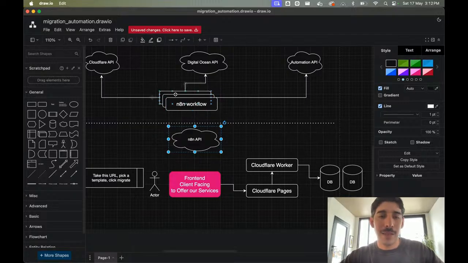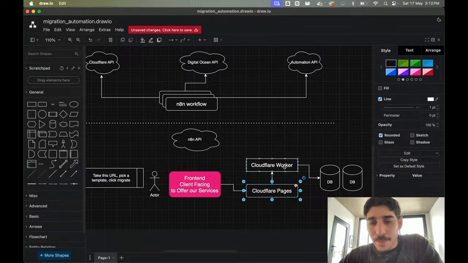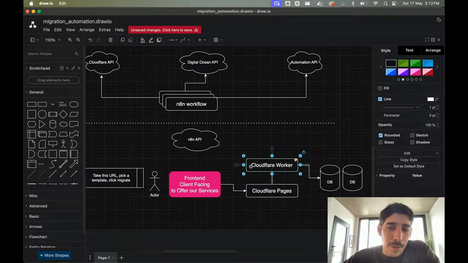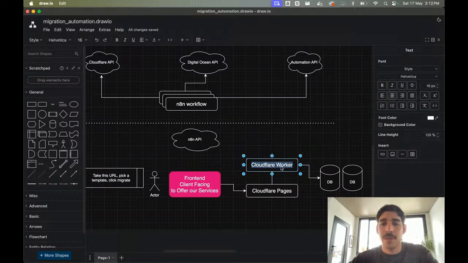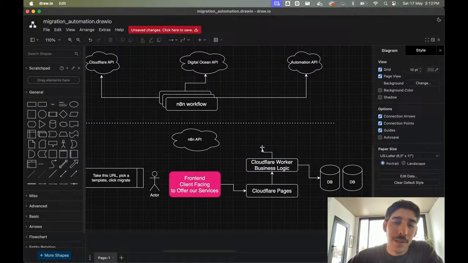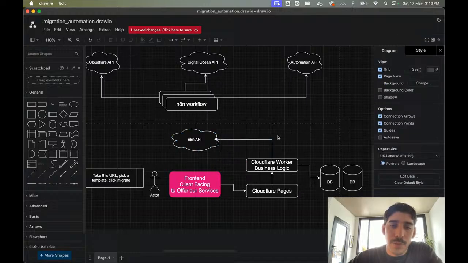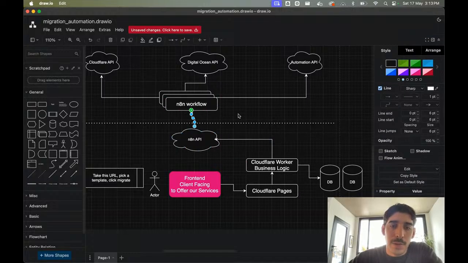So in order to make it easier to connect to this, when someone clicks here through our front end, which is deployed here, we could apply some logic, see if they paid or not, or if they are registered or whatever. Let's call it business logic that we want to have. Eventually, we connect to this one.